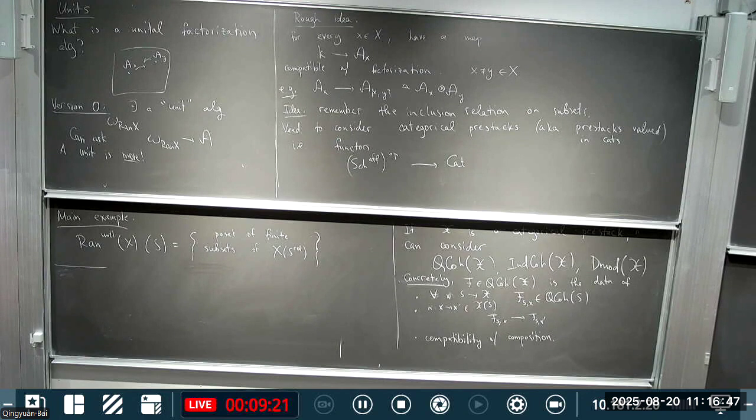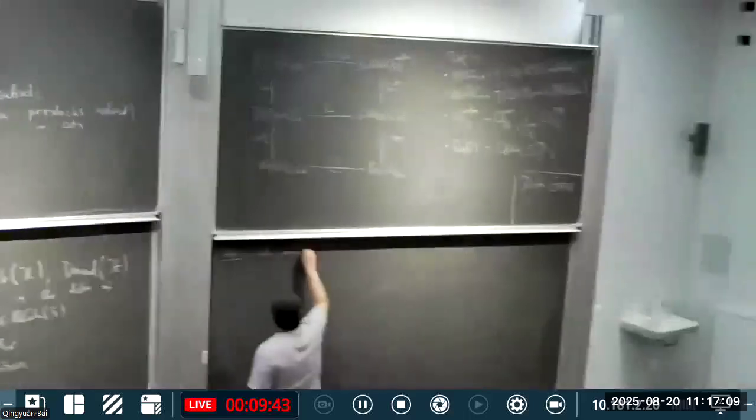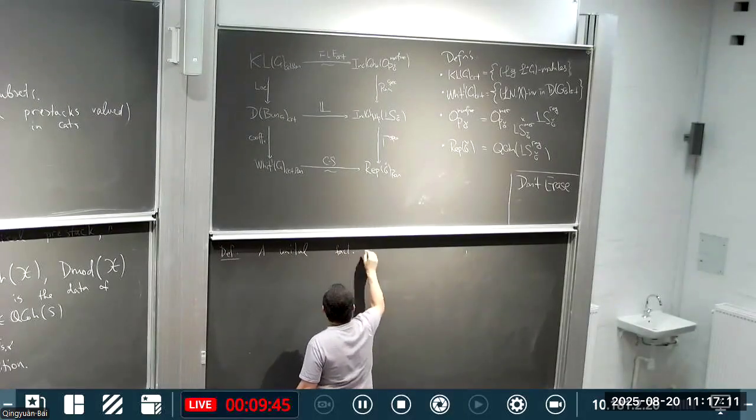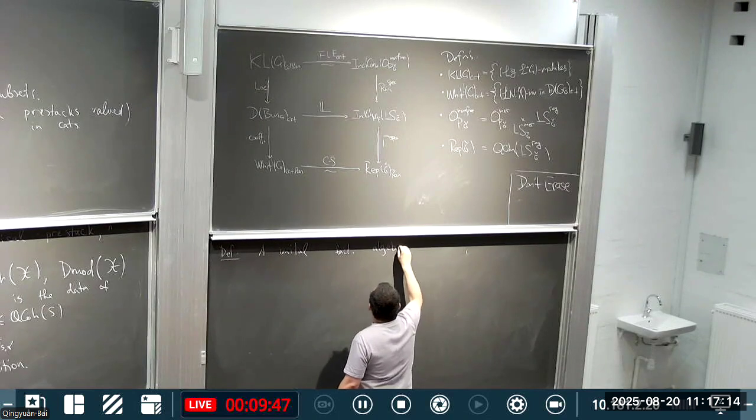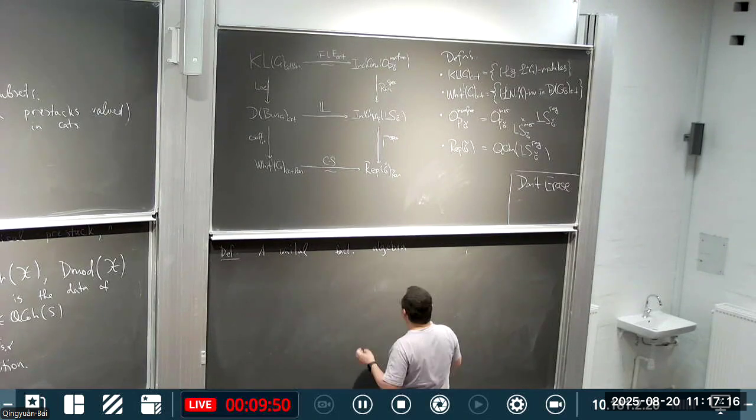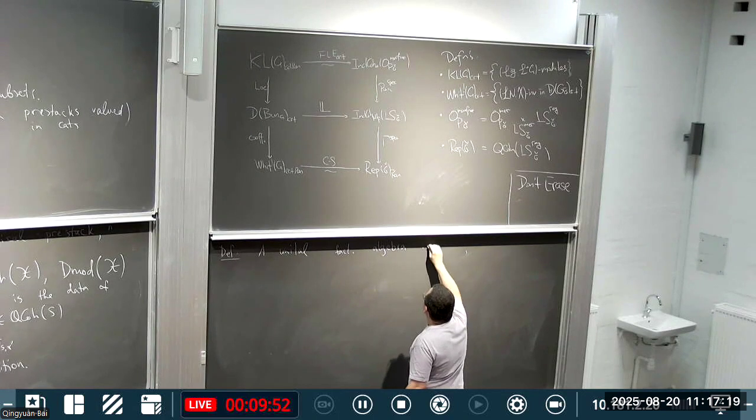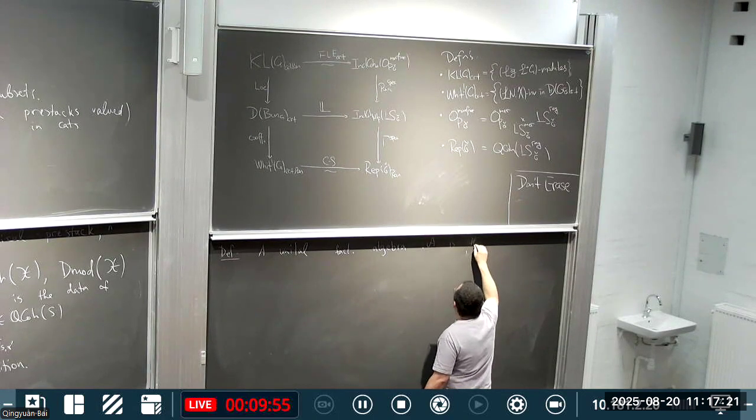So now let me give the definition, and then I'll try to unpack it. The definition of a unital factorization algebra is the same as that of a factorization algebra, except replace Ran by Ran unital. A unital factorization algebra is data of